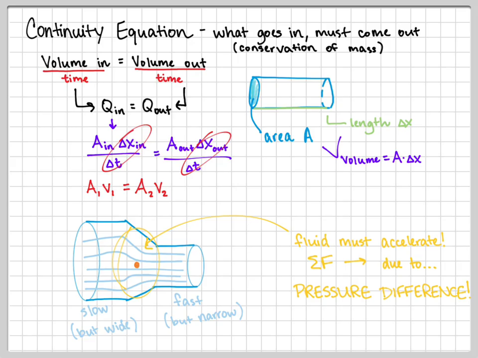And this is a little weird because as the pipe narrows, that means the fluid must accelerate. Well, where there's acceleration, there must be a net force. What could the net force possibly be from? Well, it's got to be from other parts of the fluid itself. So as your water molecules go through this region in the middle, where the diameter of the pipe is decreasing, that force is primarily from the fluid that is behind it pushing it forward,